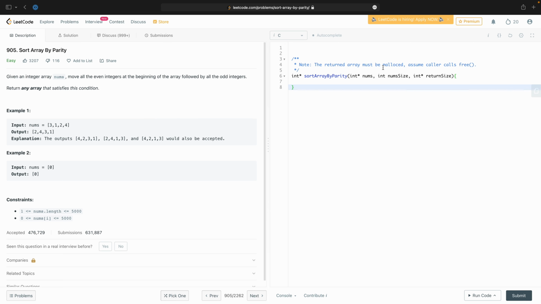Note that the returned array must be malloc'd, assume caller calls free. Oh, is that saying that we can't edit in place? That's rather strange. Why do we need to specify the return size? We know exactly how big it's going to be. It's going to be exactly the same size. Okay, that's slightly strange. But anyway,